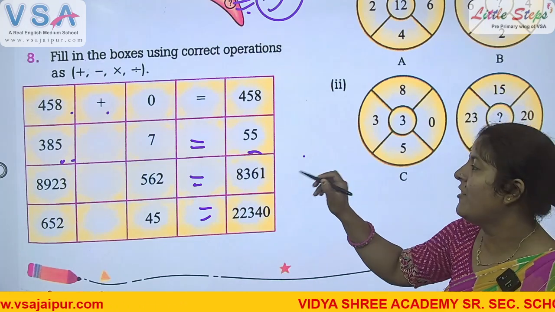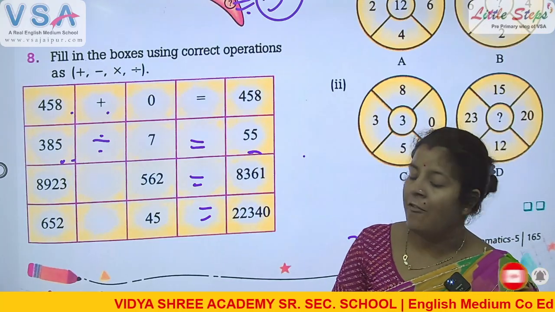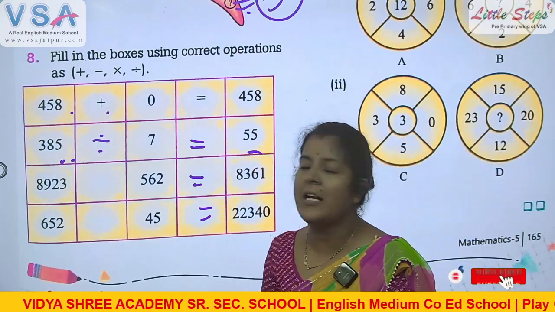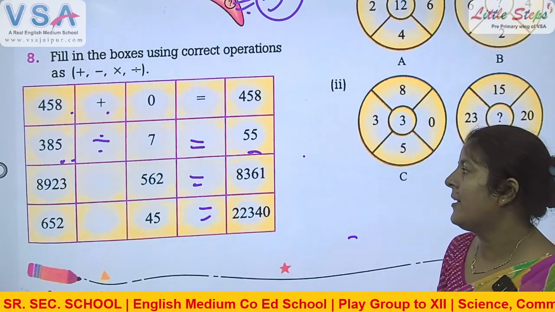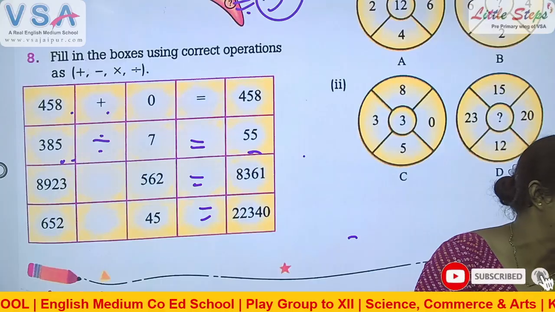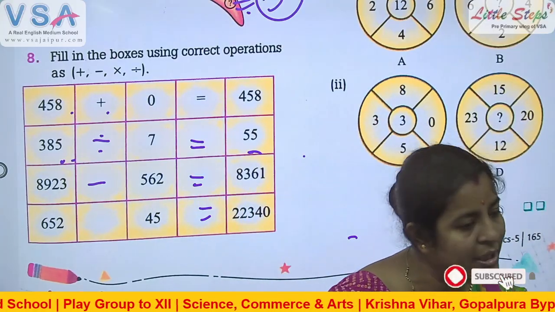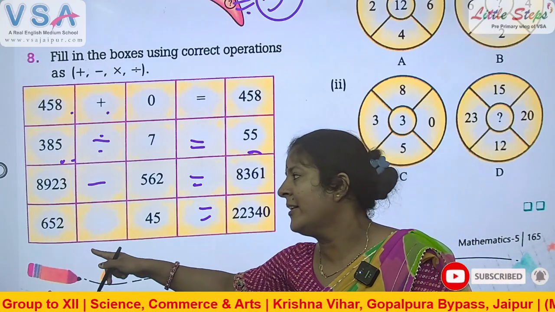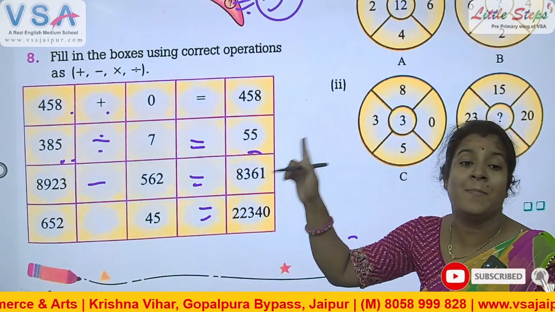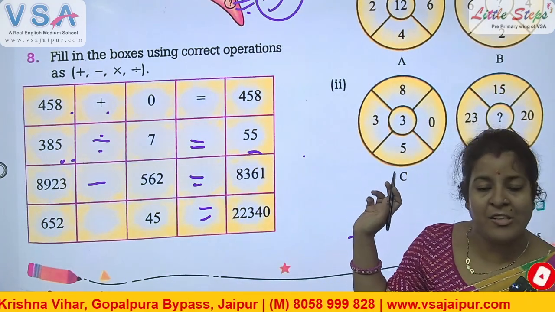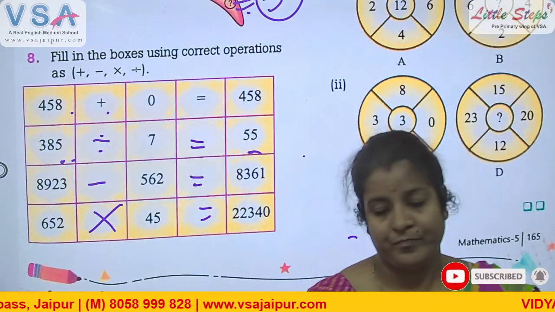So using the division also. Okay, so 385 divided by 7 equals 55. Then 8923 blank 562 equals 8361. We can use which operation? Minus. Then the next is 652 blank 45 equals 22340. The highest value is increasing, so we can use multiplication. Okay. Then the next is